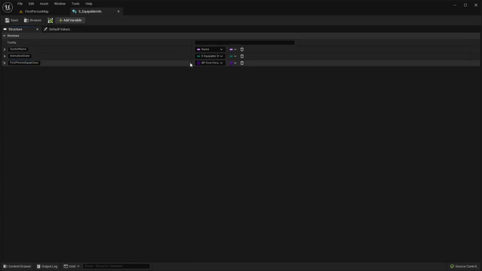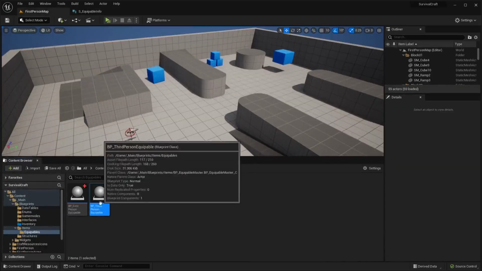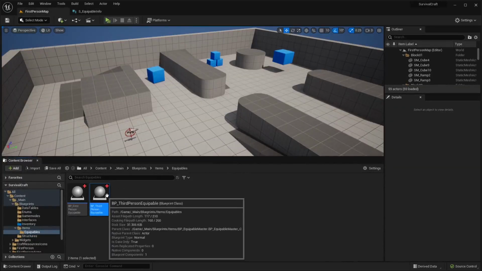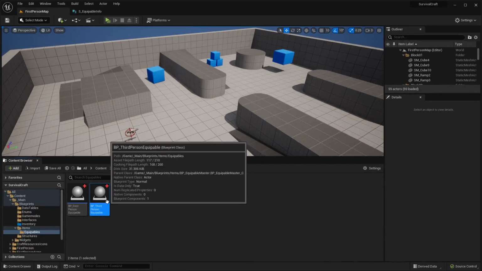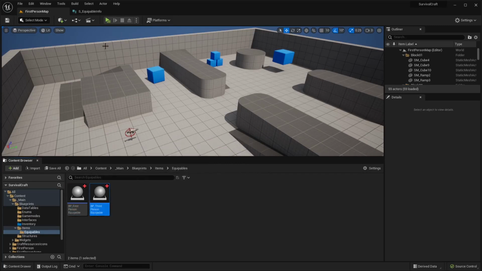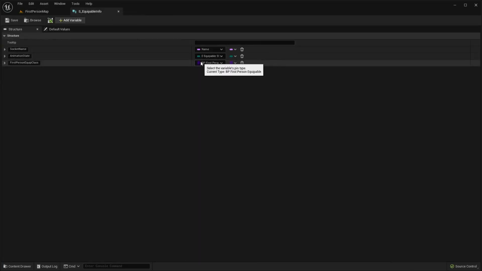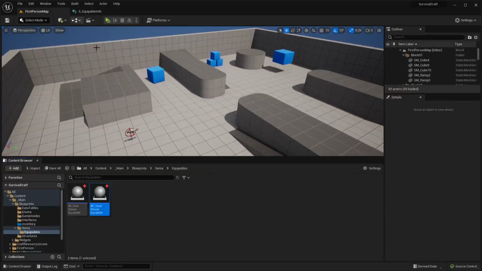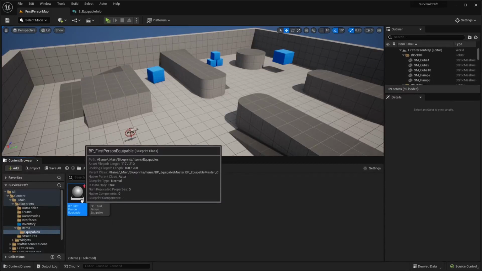Essentially, what we're going to be using is this third person equipable. So we're going to spawn this item first. In this item is going to be all the logic related to, for example, the hatchet chopping down a tree. All that stuff is going to be inside of the third person. And then it's going to have this first person mesh that we're also going to spawn just for the first